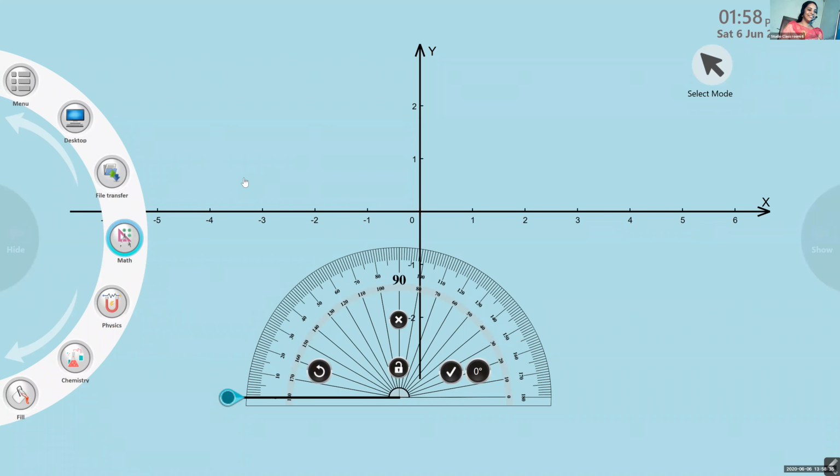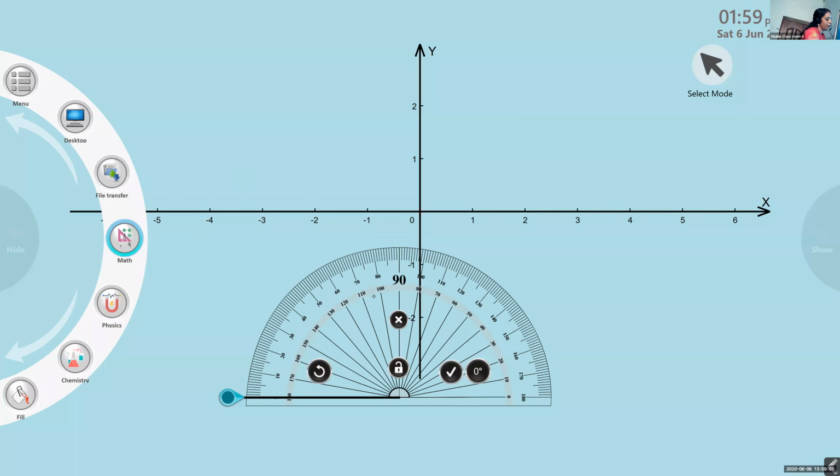Vishnupriya is searching for the protractor. I told you before starting the class, keep everything near to you. Okay, search. Lolita, show your protractor. Good. I saw. Okay. Rizwan, where is your protractor? Good. So Rizwan already told what is the first step.